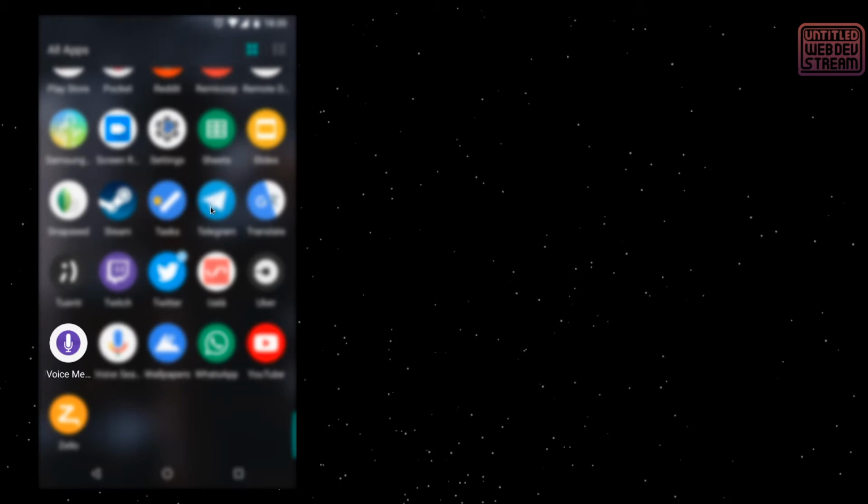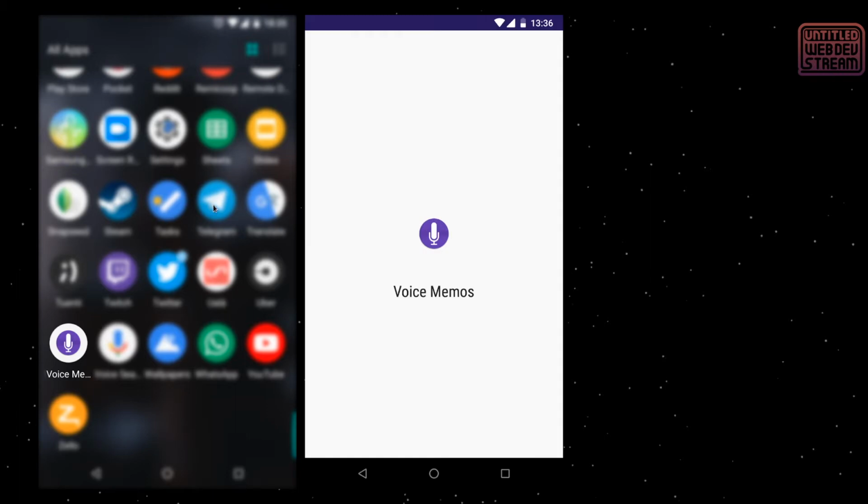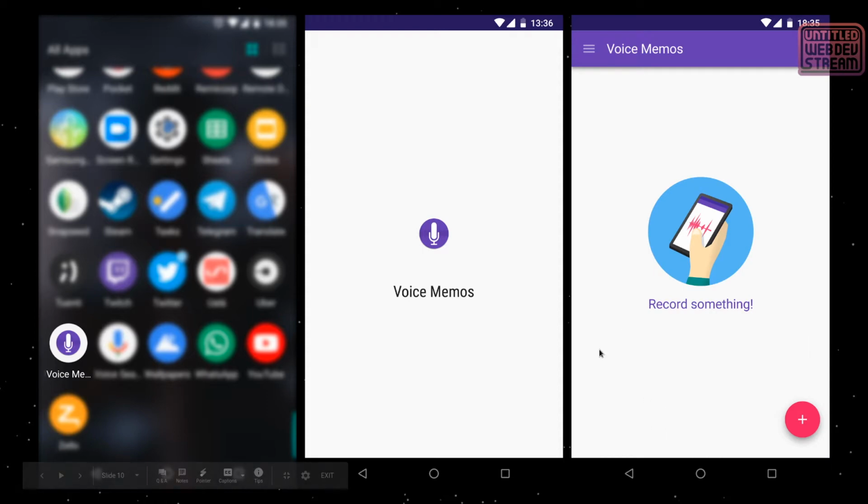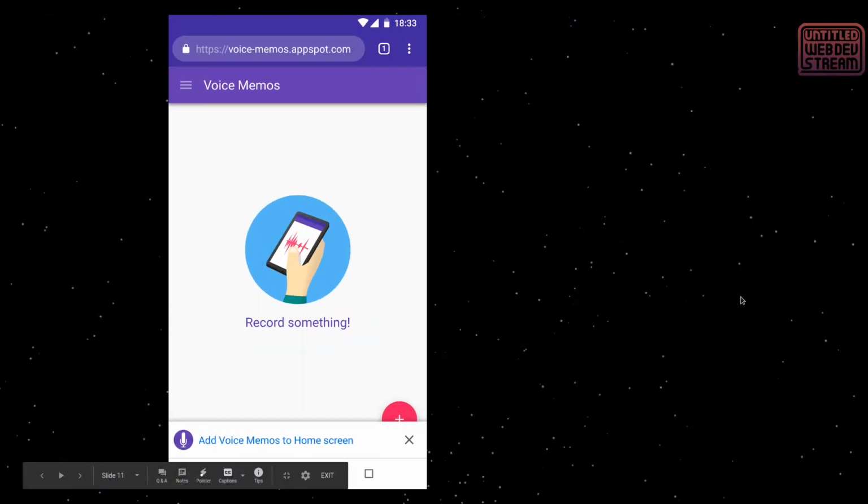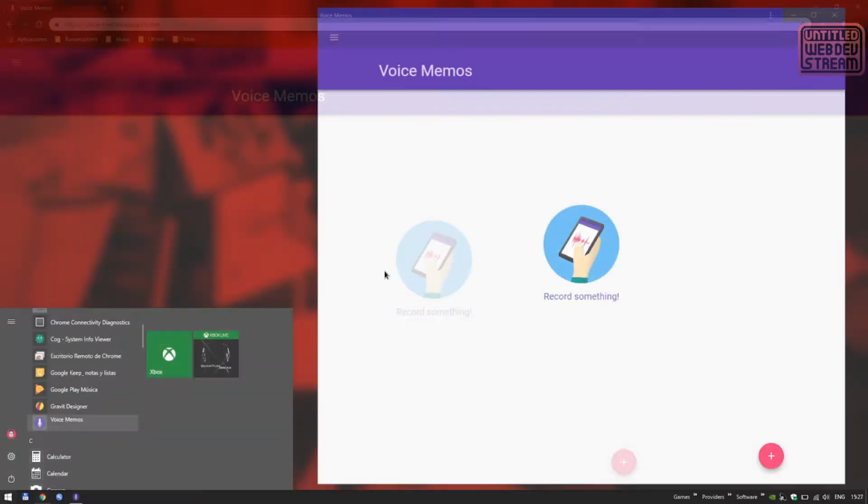So for example, in here is the menu that it had, and also when you click on it, it shows the logo and title of the app for a second, and then it shows this. So just to see it side by side, we have the web app that we had at the beginning,